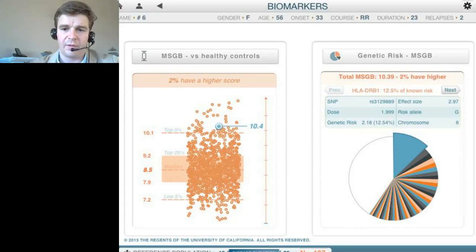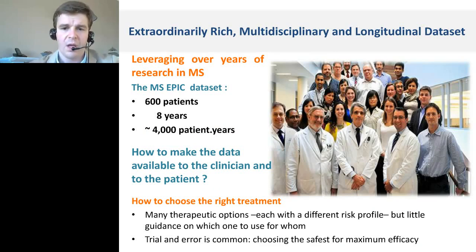And typically in this example, we have a suspicion that these patients might be pretty genetically loaded compared to other patients and healthy controls. So we realized that what we're doing in genetics is really having a lot of data that we've been crunching to really understand MS genetics, but that's actually true for many other dimensions of the data.